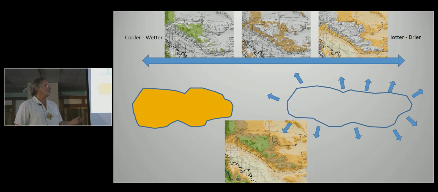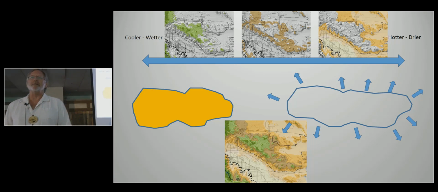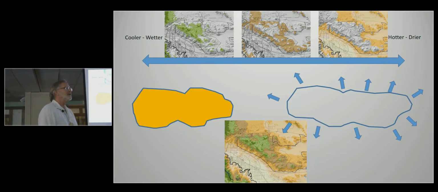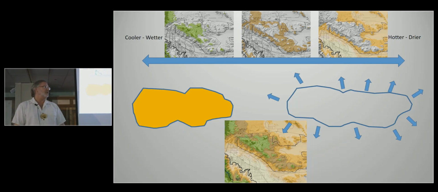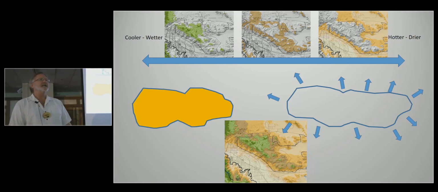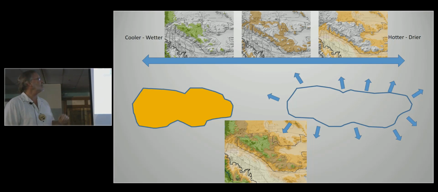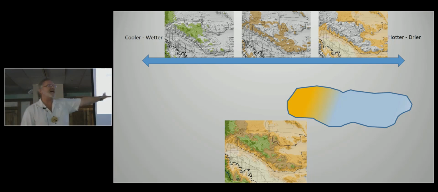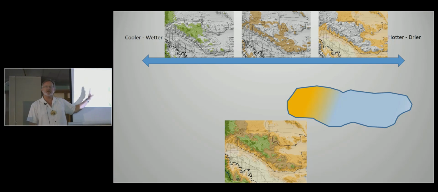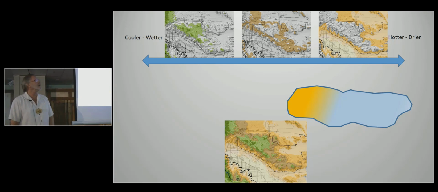So how does this survival happen? Because we know it's happened in the past. And it's happened multiple times with the same species. So there's a conundrum that you probably haven't thought about before. So I think about that and I think, well, maybe it didn't happen this way at all. Maybe it happened something like this, where we had a place where the species occurred, and as it got hotter, they shifted into one portion of where they occurred.